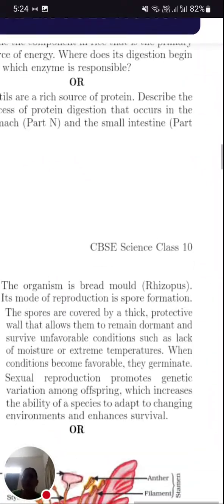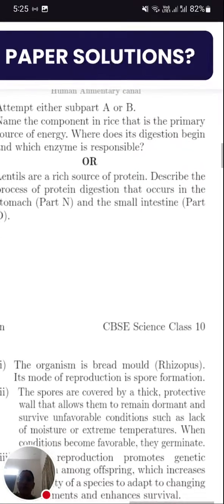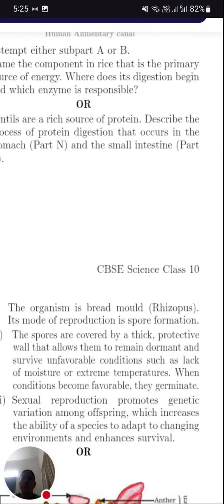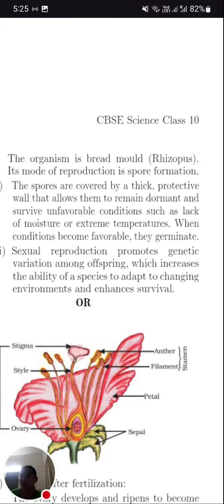So here the first one, the organism is bread mold, Rhizopus. So there they asked, like, there was an outgrowth on the bread when it is left in moist condition. So what is that outgrowth? So here the outgrowth,